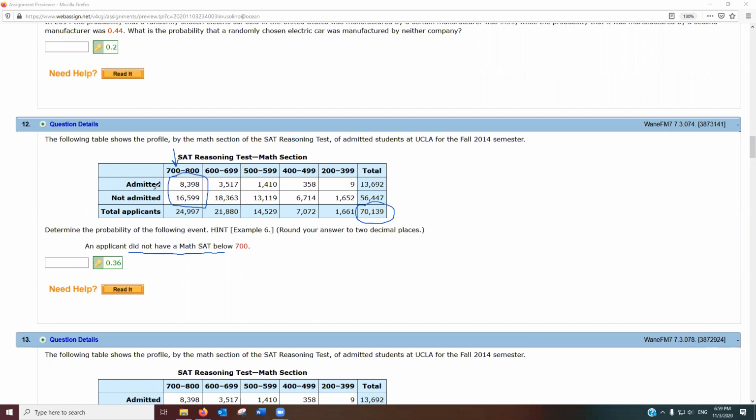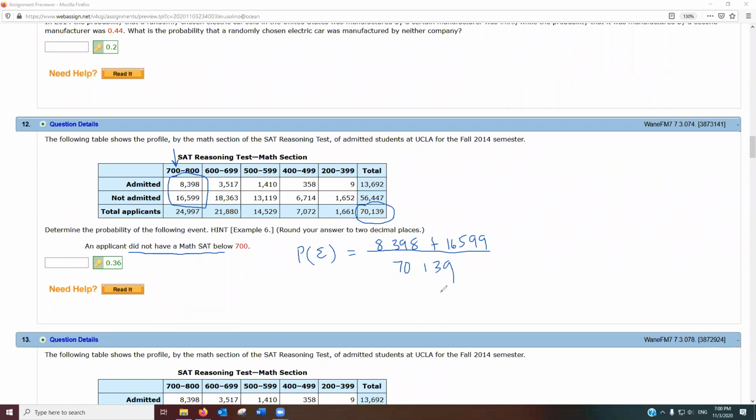So I've got to include both of these numbers, right? So to not have an SAT score below 700 means you had an SAT score above 700. So the probability for this event, E, is going to be adding up these two numbers that I circled and dividing by the total,